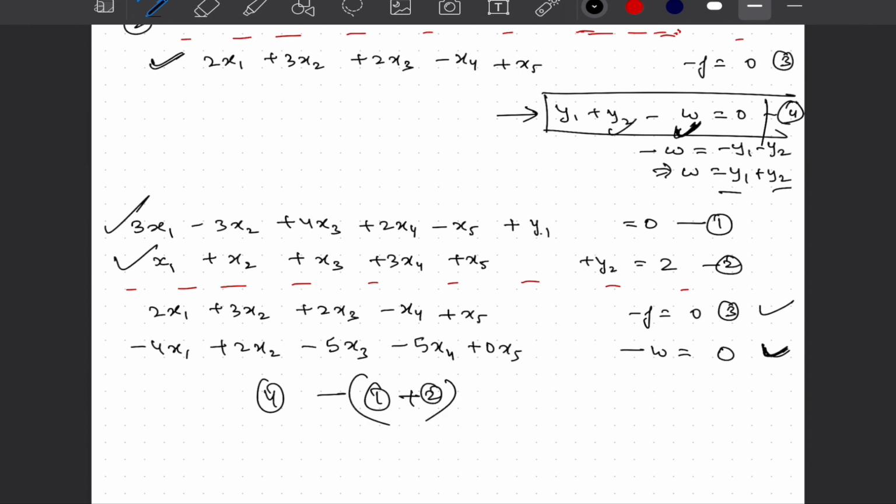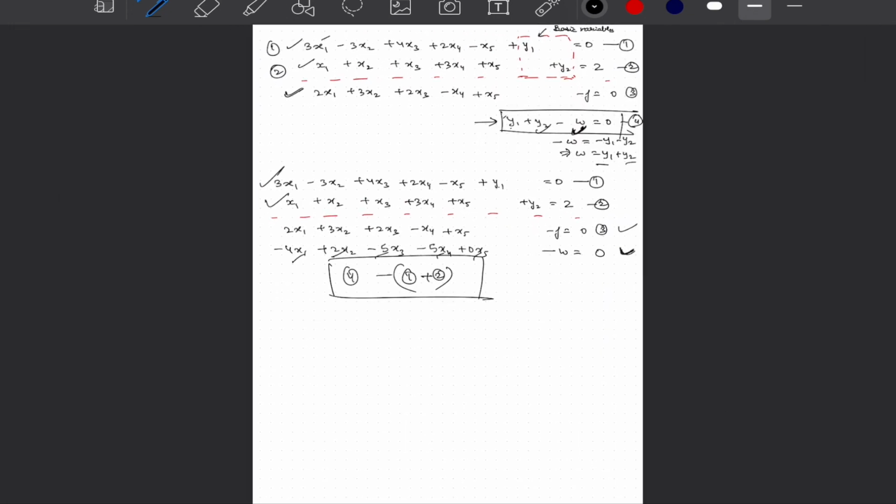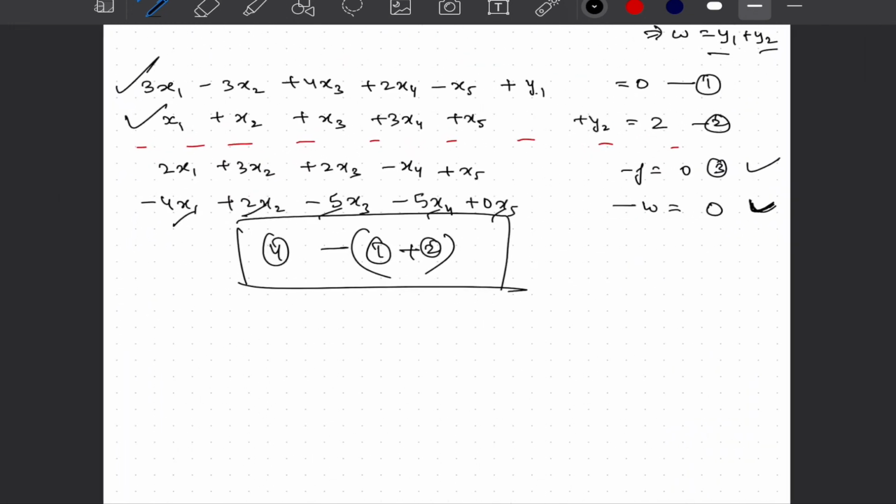So if we subtract this y1 plus y2 from the last equation, which also has y1 plus y2, they will automatically get eliminated, and we will get all these entry variables in the form of x1, x2, x3, x4 and x5 without any interference of y1 and y2. Now once we reduce this system to this form, after applying this transformation, we will begin with our tableau calculations.